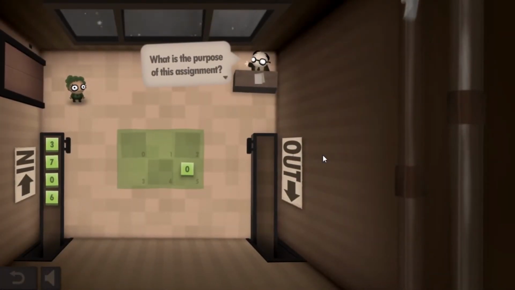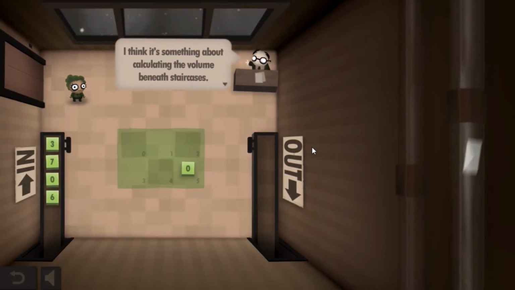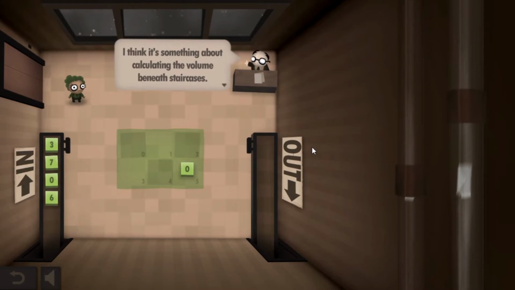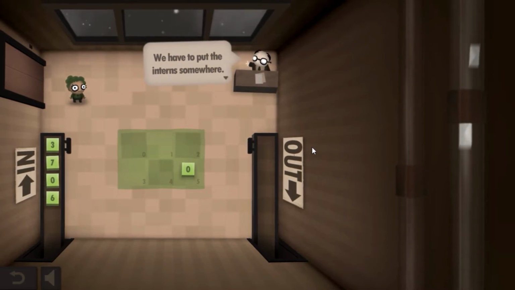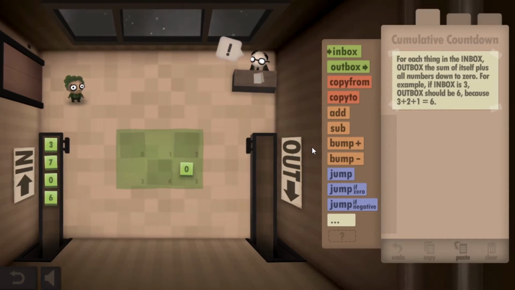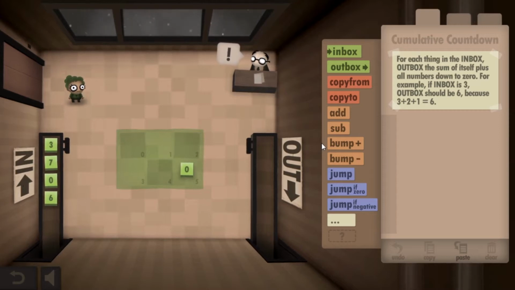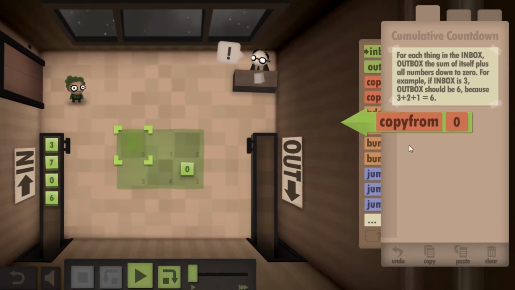What is the purpose of life? I think it's something about calculating the volume beneath staircases. We have to put the intern somewhere. For each thing in the inbox, outbox the sum of itself plus all numbers down to 0. Okay. Yep. You're doing some simple calculus. Alright. Indeed. I mean, you're not, but...